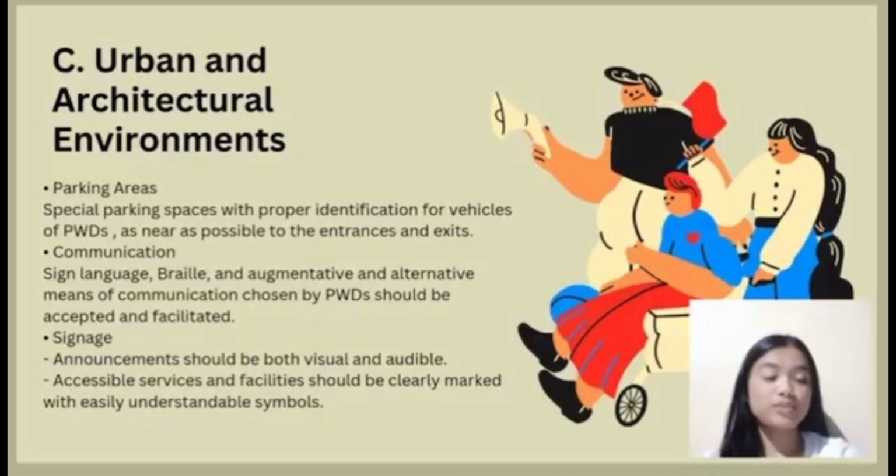Parking spaces should be wide enough for PWDs to maneuver comfortably between cars and wheelchairs and shall be located so that they need not go behind cars. This is very understandable for us, right? So to explain it briefly, establishments should be considerate in locating the parking spaces intended for persons with disabilities, and as much as possible it should be placed near the entrance and exit so they wouldn't have a hard time